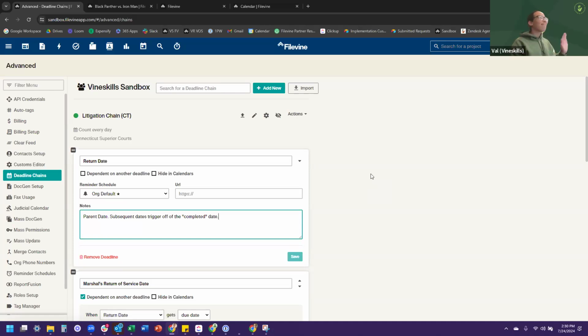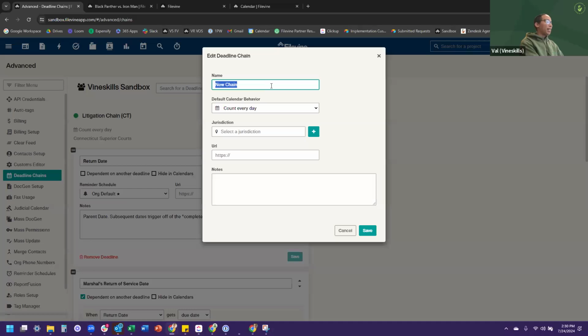Backwards eyeball. So we're going to make a new deadline chain. Add new, and I'm going to name this Val trains everyone. Default calendar behavior, count every day. I'm not here for it. Let's go with new calendar 2024, which again, I don't know what it is. We're going to find out together. I'm excited. I'm not going to select a jurisdiction,